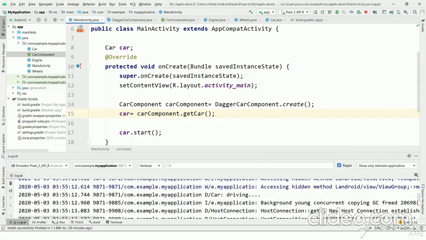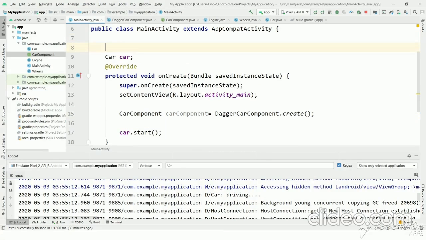So instead of that, we can avoid the getCar method and create one more method which will create a car object. Let's remove this object and let's make this variable @Inject.